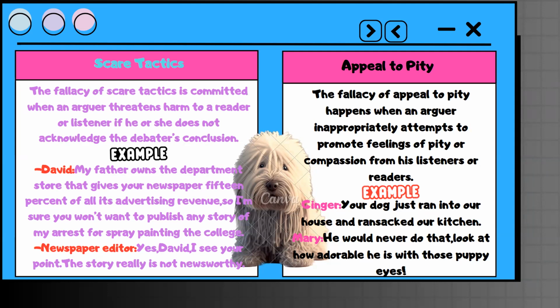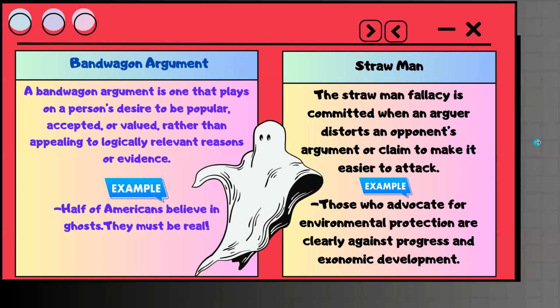It attempts to distract from the truth of the conclusion by the use of pity. It happens when an arguer inappropriately attempts to promote feelings of pity or compassion from his listeners or readers. And there is the example. Ginger: Your dog just ran into our house and ransacked our kitchen. Mary: He would never do that. Look at how adorable he is with those puppy eyes. We can say. And the other one,